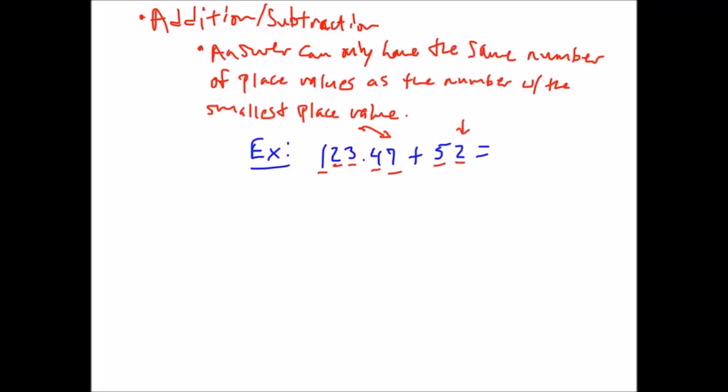Okay, so 52 is the number that has the smallest amount of place values. That means that our answer can only go out to the ones place. Okay, if you try and put more decimals in your answer, you're telling me that you're capable of being more accurate than you actually are. We're only capable of being accurate to the ones place in this problem. And if you put out to even the tenths place or the hundredths place in your answer, you're telling me you're capable of being more accurate than you actually are. Okay, so if we do the addition on that, you get